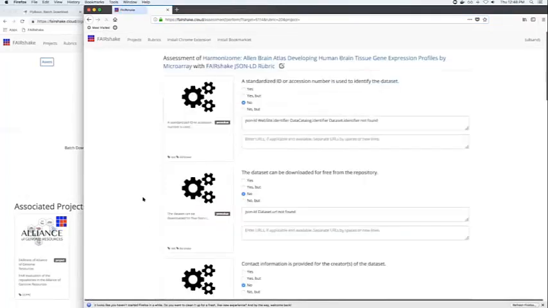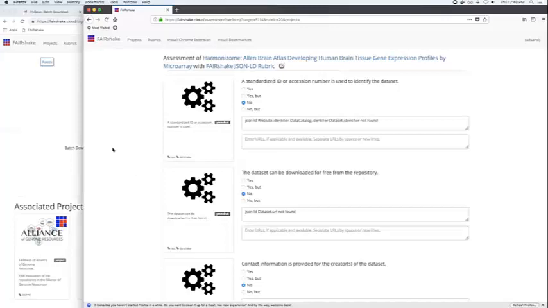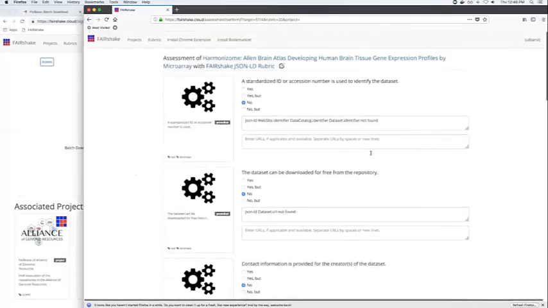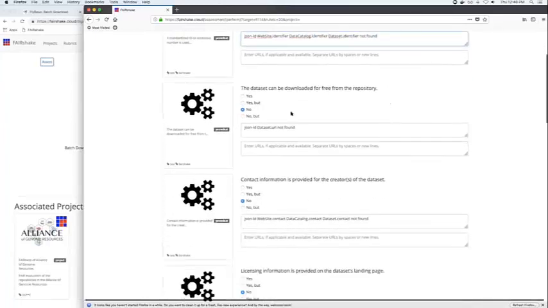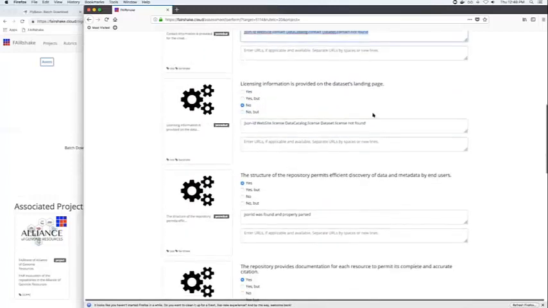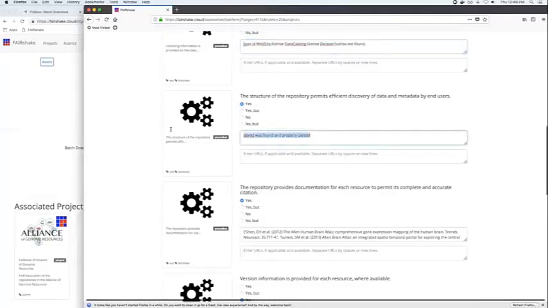After confirming, essentially, what happens is our answers are pre-populated. Now, why did this happen? This is because we chose the FAIRshake JSON-LD rubric, and we can find that certain information within the JSON-LD were actually searched and were either found or not found.